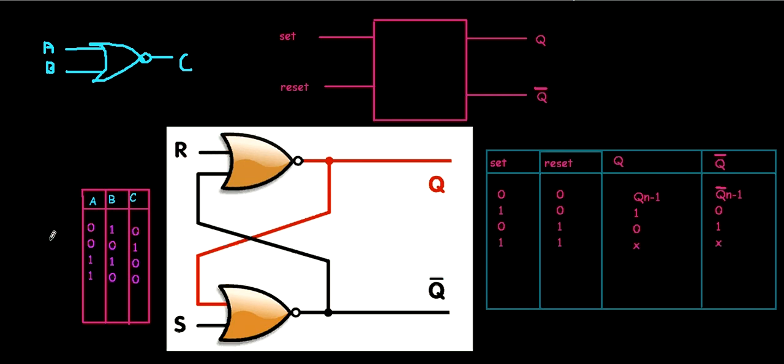Say we want to store 1. Okay, so here we go. So when we want to store 1, we should press set, right? This set should be connected to high voltage. You cannot see this, hold on. Okay, so this set should be connected to high volt, so plus 5 volt.